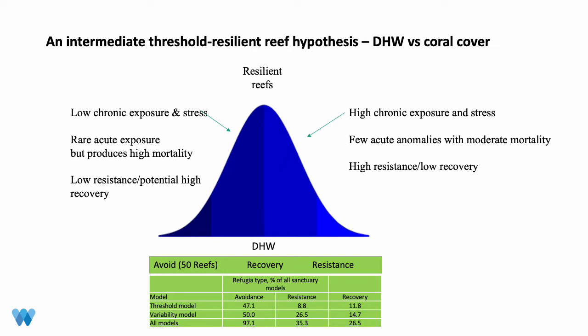But when you look at the right side of it, these are areas that are chronically disturbed and probably also acutely disturbed by anomalies, and they also are unable to recover. Even though they may have high resistance, they may be slow growing, stress resistant corals. So there is that possibility that this exposure metric is predicting coral cover, but not quite in the way that's expected from the models, and that